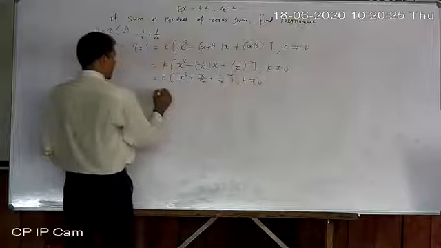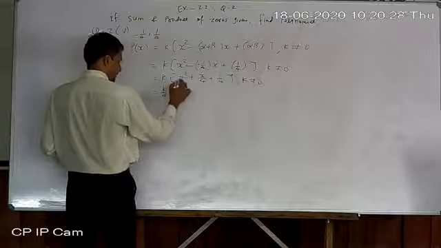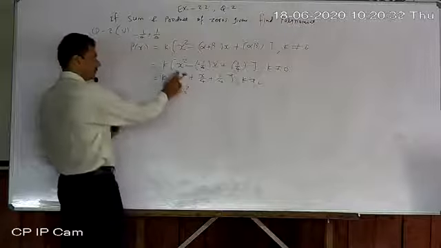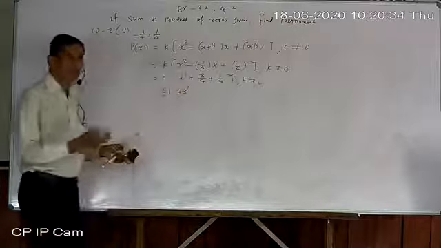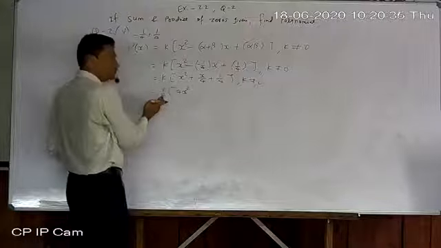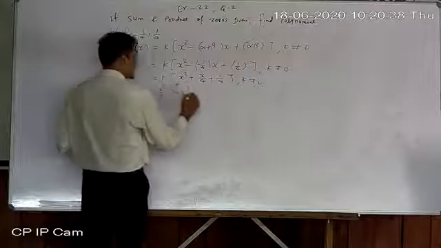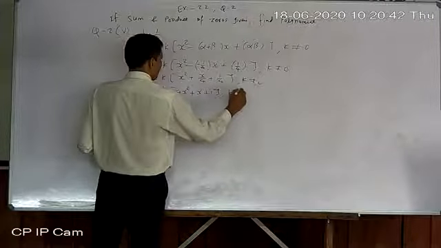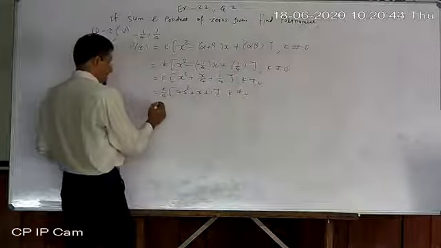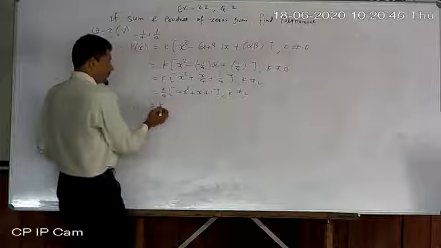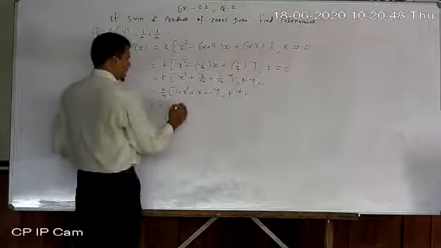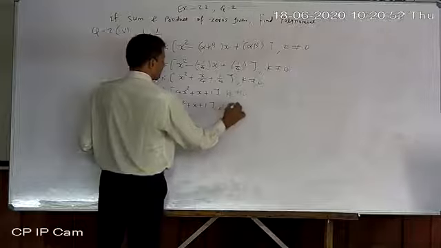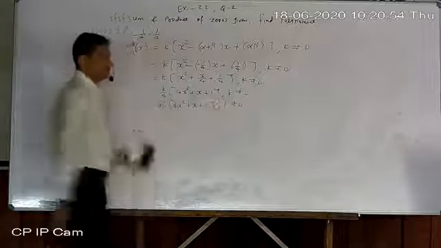Now take the LCM of 4. So it becomes 4x square. Why? Because here there is no 4 in the denominator, so multiply and divide by 4, and the 4 in the denominator is taken outside. Plus x plus 1, k is not equal to 0. If you want to remove this, then write the common symbol. So 4x square plus x plus 1, k prime is not equal to 0.